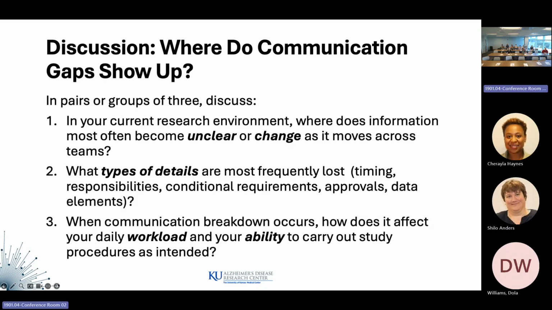What details in your job are most frequently lost or changed? And how does it affect your workload and ability? We can keep the same groups that we had for activity 1. And for those online, I would take a minute, maybe journal or just reflect silently on these 3 questions.